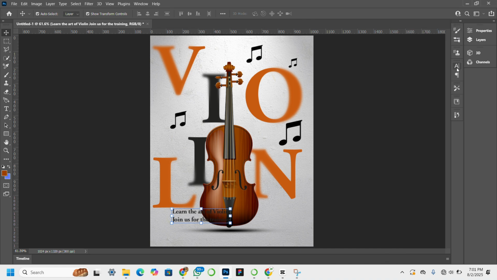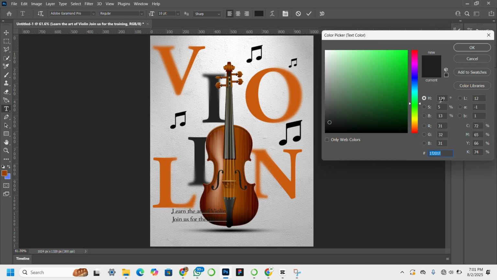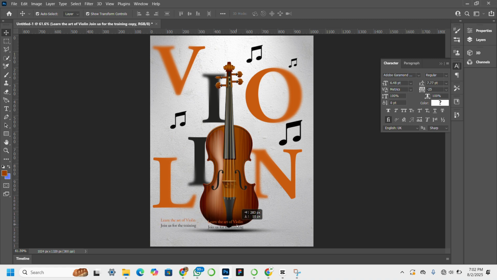I'll reduce the size of this particular text. I'm just going to use regular here, and then I'm going to take the color, I'll change the color here. I'll just make it to be this one, and then I'll leave the other one as black. So I'll just drop my tool and I'll just reduce it like this. Now hit enter, then I press my alt and shift key and I move it holding my shift to this place,